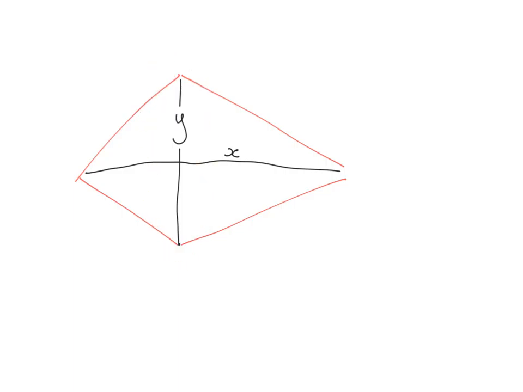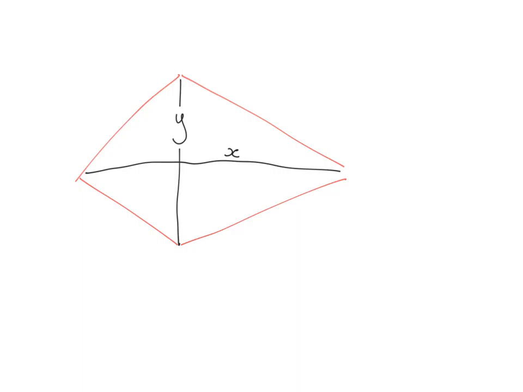So we call this Y. Okay. So from the apex here to the apex here, how high is this? And from this apex to this apex, how long is the kite? We call that x. To work out the area for a kite, it's important that we can see some patterns